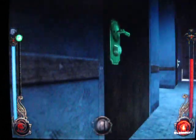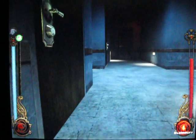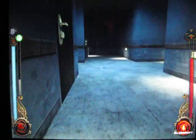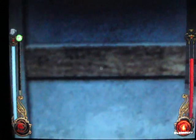Okay, now he should be at the end of that hallway, and it doesn't matter if you're in darkness, if you're hidden. If he has a straight line of sight to you and his head is turned the right way, he will notice you. So what we have to do is wait until he's not staring immediately ahead, which, unfortunately,